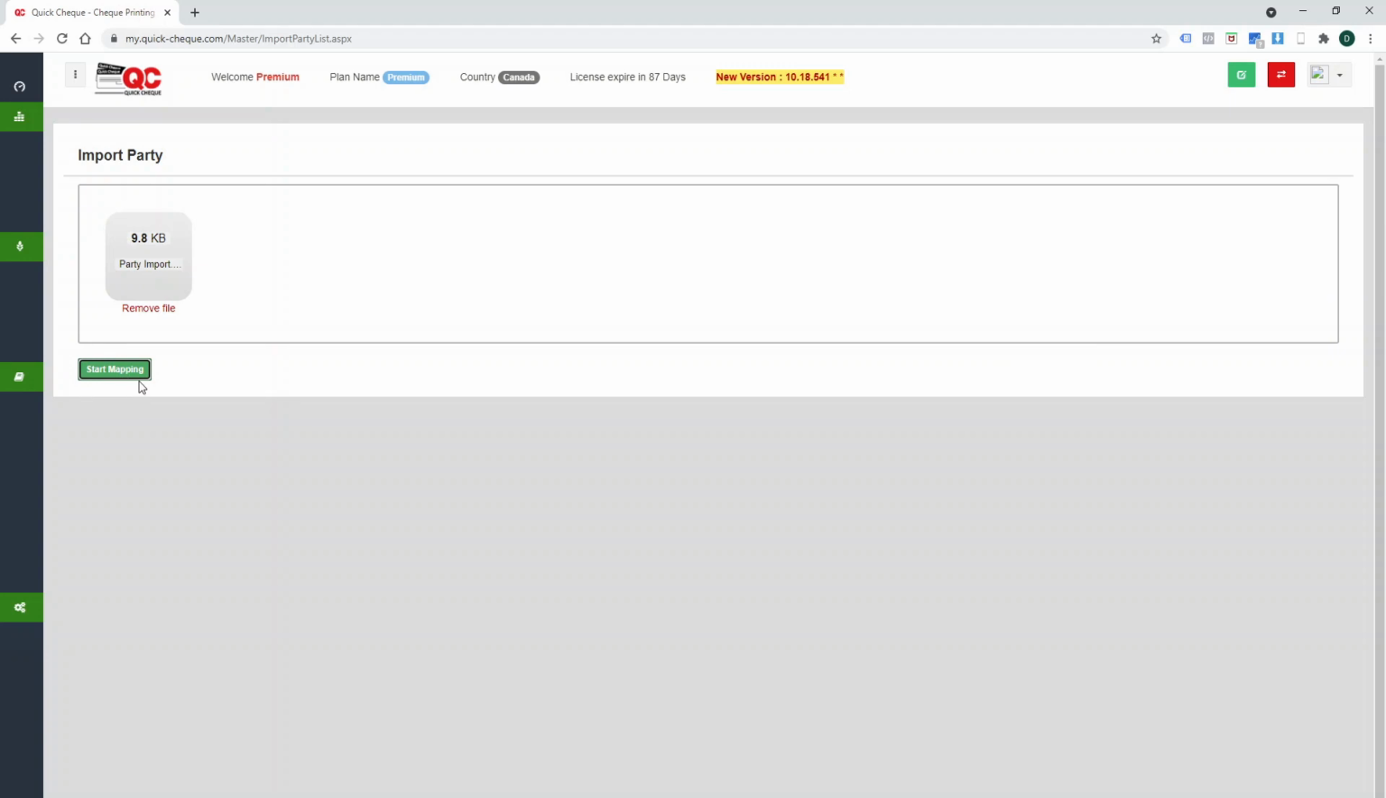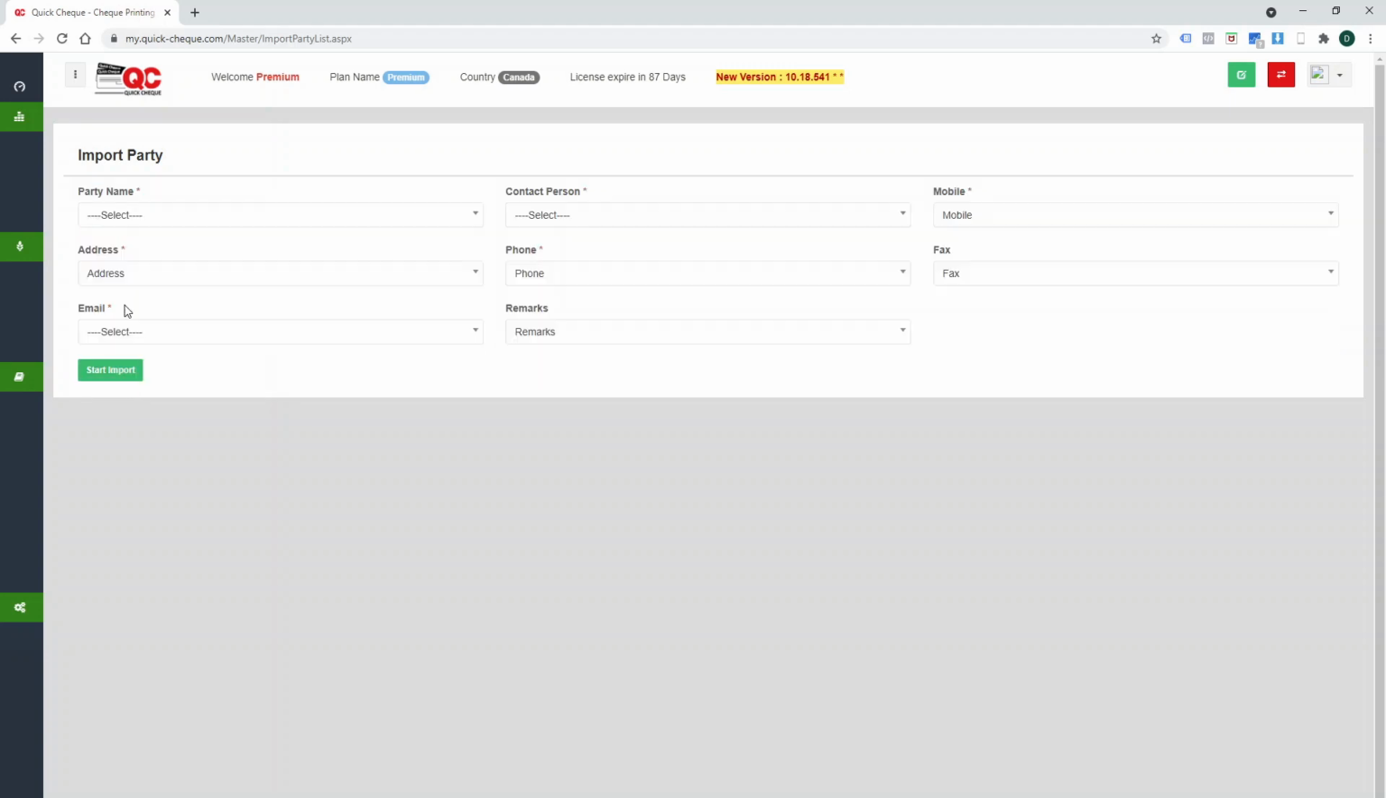So when you click start mapping, the system will load this Excel file and will map all the fields in your Excel file to the corresponding fields if it is able to find the name. So for example, you can see address field is already getting mapped with an address field from the Excel file. The phone field is getting mapped with the phone field of the Excel file. But party name, system is not able to determine any field in your Excel which can be used as the